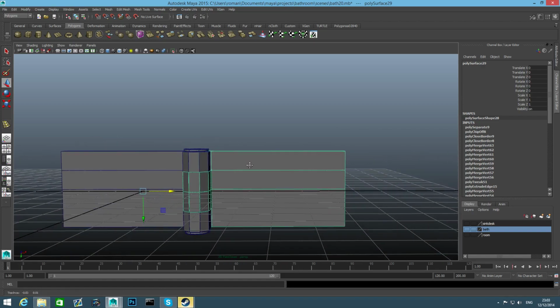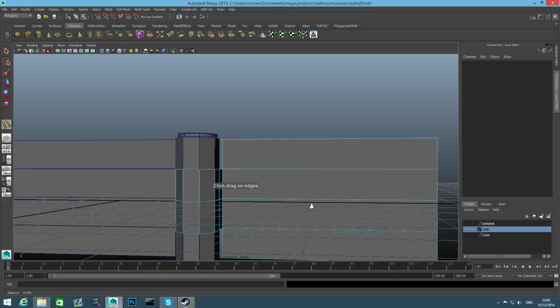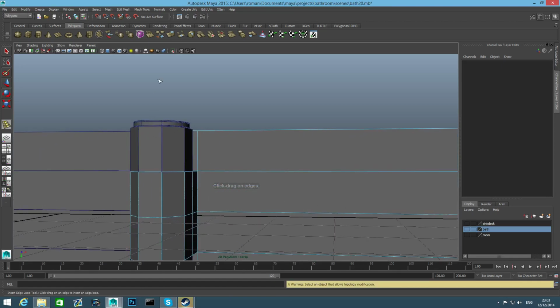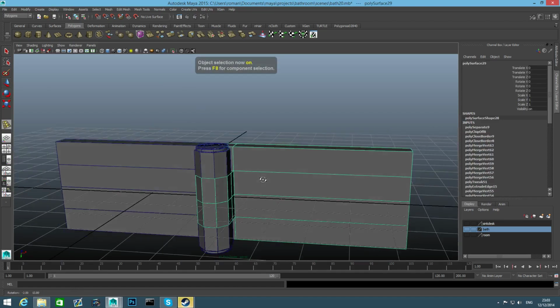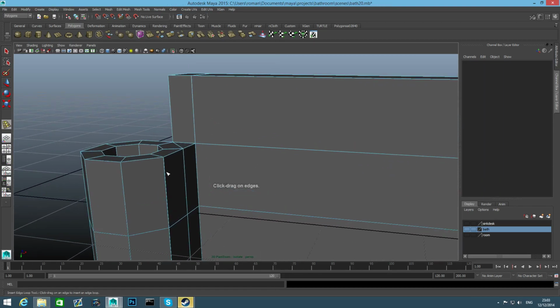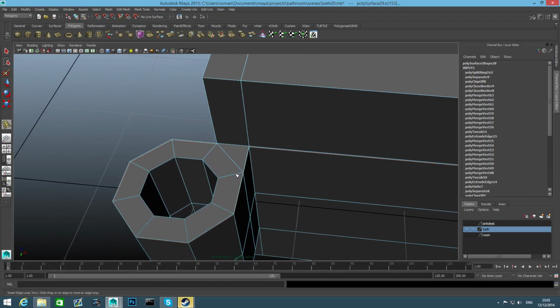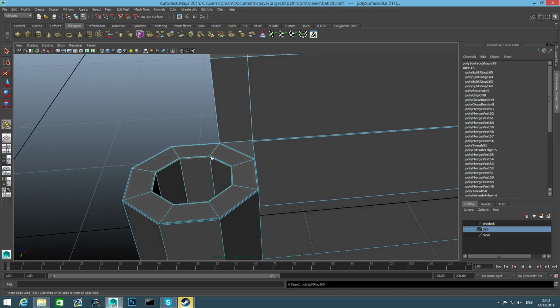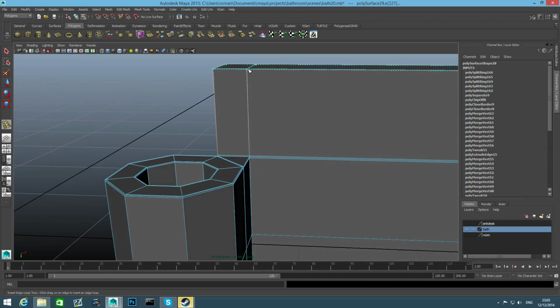So I'm going to add those edge loops without bending this. I don't mind right now about this. I just want to add these edge loops so that I will be able to smooth preview the shape as I want. So I'm going to grab this, isolate it first, shift right click, insert edge loops. I'm going to add one edge loop here and two here, one here inside, one here, okay, and one there,